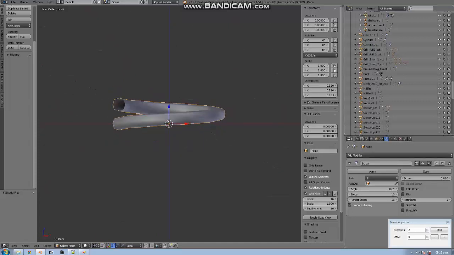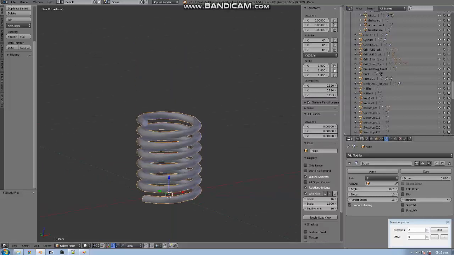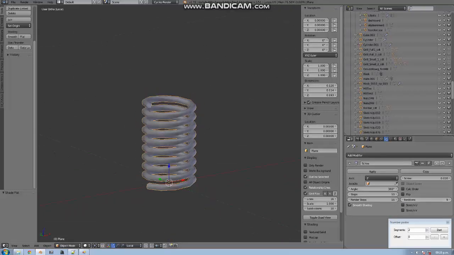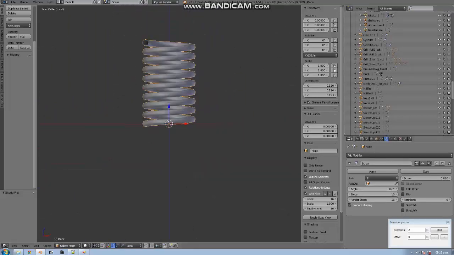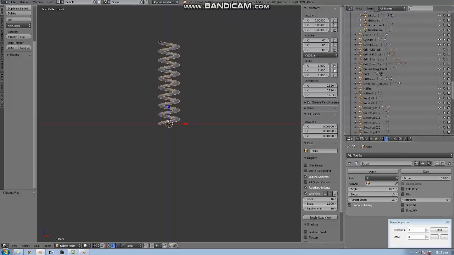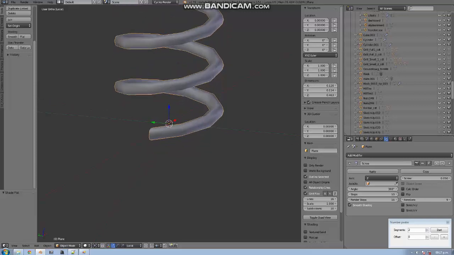So this ain't no spring, it doesn't look like this one. Let's make it look like that one. Change the iterations, and you can do up to infinite actually. But yeah, I always do up to 7 or 9, depending on how long the spring is. And now we have a spring. If you want to make it longer, just change this volume and make it higher. Set it to 5, and you see why 5? Because every single iteration that hits this point is going to have 5 centimeters from the center